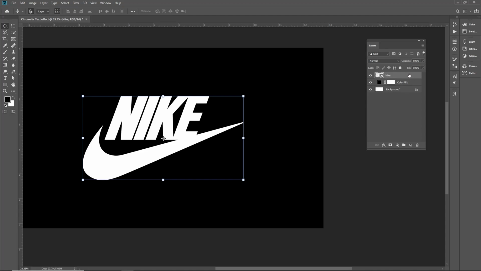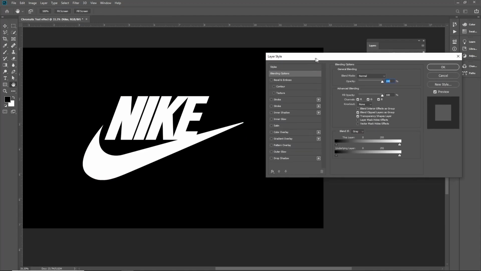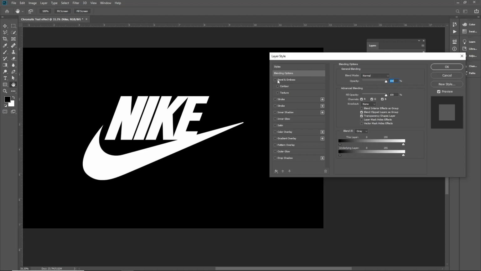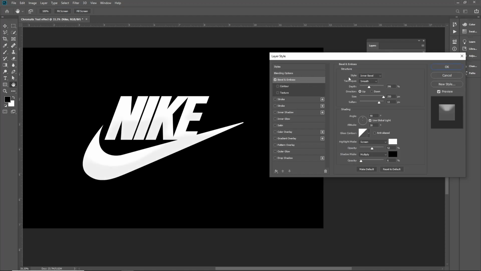Double click here. It will open the layer style panel. After that select the bevel and emboss, open up the settings, style inner bevel, and you can copy all the settings here. Select depth to 1000, size will be 215, softness we will decrease that, and gloss contour will be double edged,